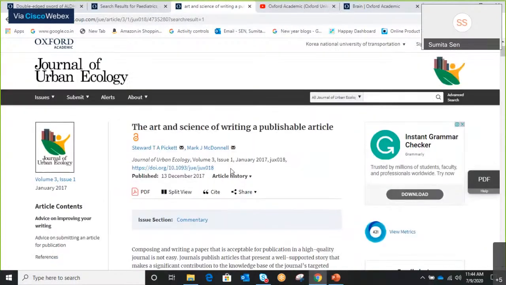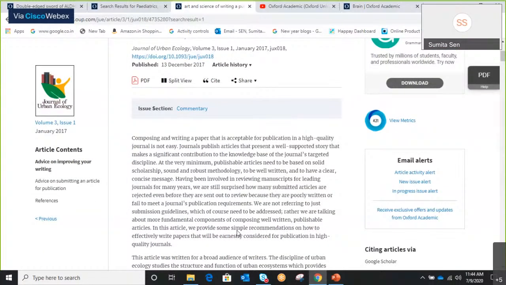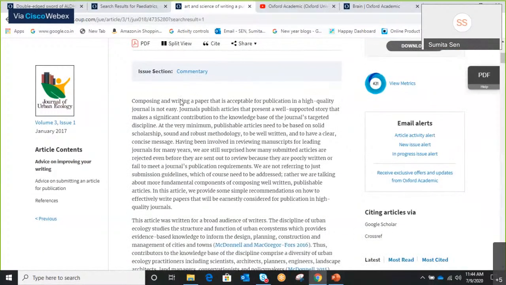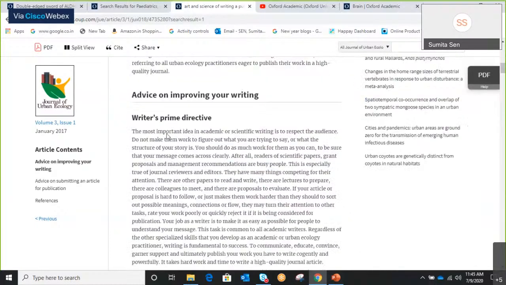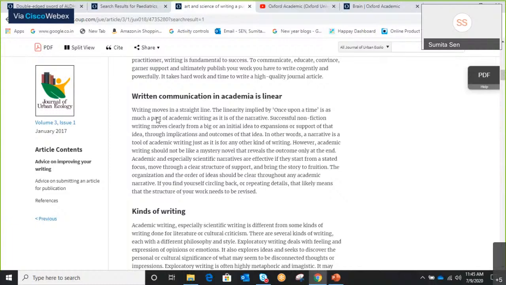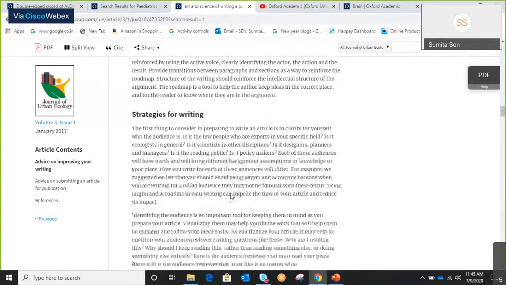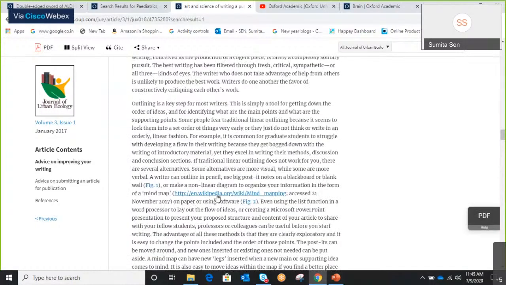If you have a cell phone in front of you, just quickly take a picture of this. Most of the information that I have collated in my PowerPoint is from this particular article. It's an extremely useful article. You see, it tells you, respect the audience. Writing moves in a straight line. So, you have a lot of information in this article. Please read it. I was talking about